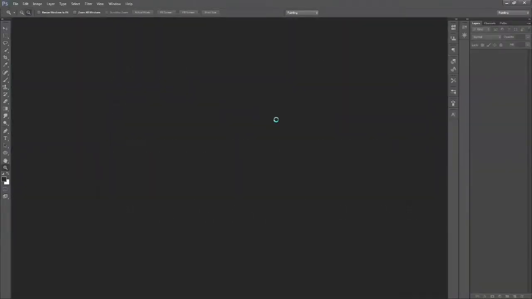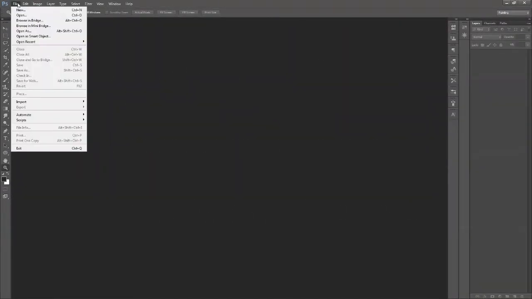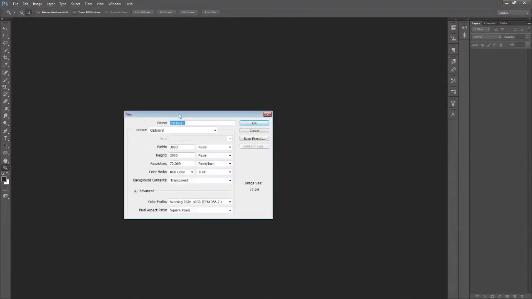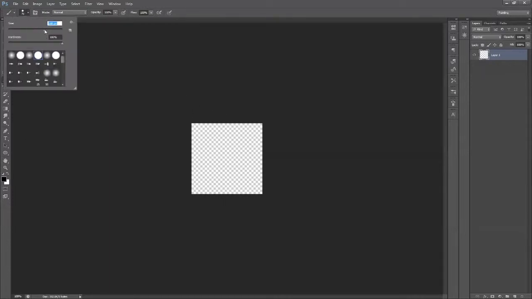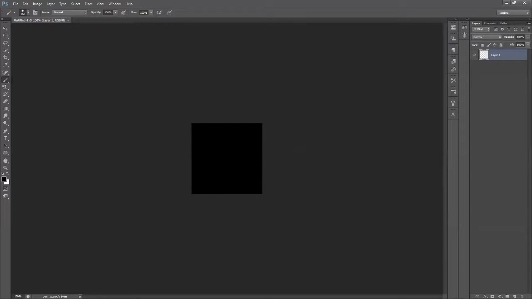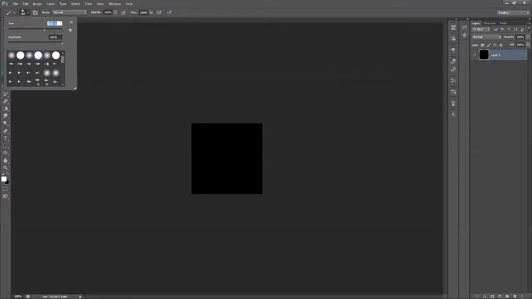Well, the simple answer is we draw one in Photoshop. We set a resolution. And that resolution is going to be finite. So when we draw the circle,